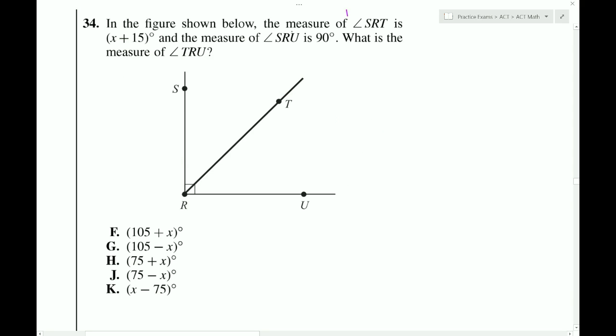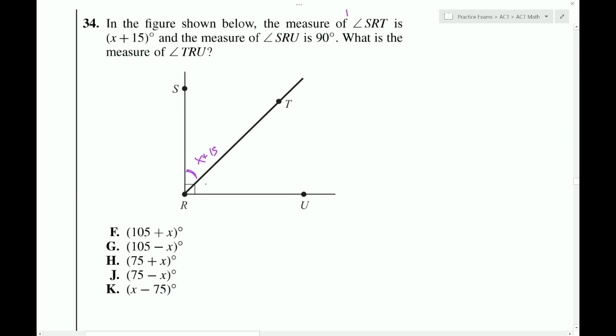In the figure shown below, the measure of angle SRT is x plus 15. The measure of angle SRU is 90. What is the measure of TRU? All right. So TRU is the difference between those angles, right? Because if I went the full 90, but then I subtracted away the x plus 15, what would be left